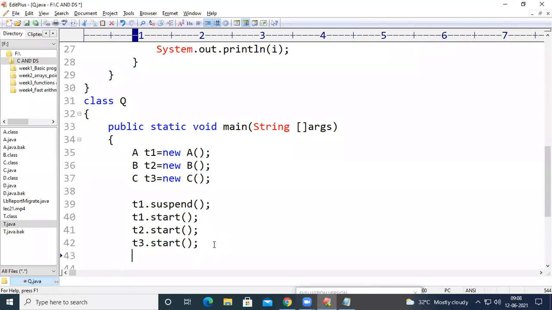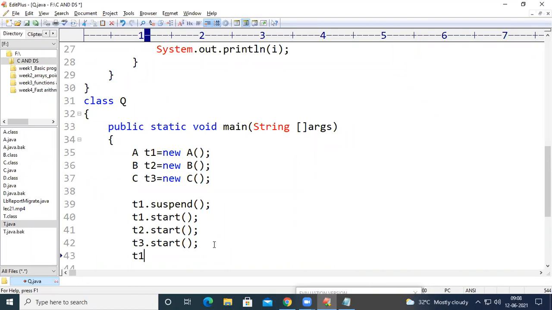Previously, we didn't call any resume method, so it is still in the waiting state. While it is waiting, T2 and T3 have completed their execution. That's why we are getting the output from 6 to 15 in a different order, because T2 and T3 may execute using shortest job first, first come first serve, or round robin. It is up to them. So now the T1 thread is not going to be executed.